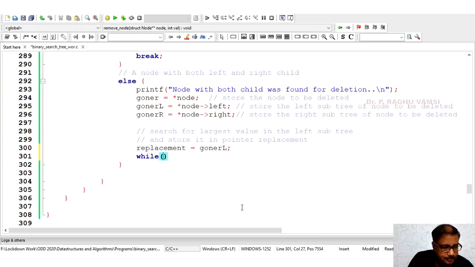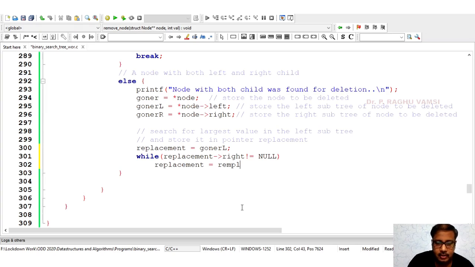So while replacement right is not equal to null, we need to traverse till the right side, because the right side value is the maximum value in the binary search tree.